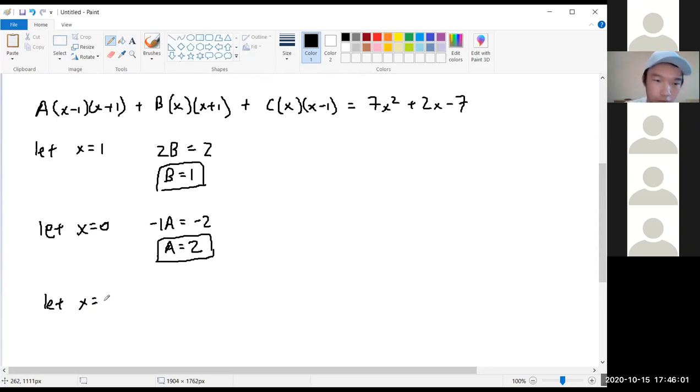Yeah, -1. Because that will cancel out everything except for the last term, right? Because -1 cancels out this factor as well as this factor. So we have c times -1 times -2, so that's +2. So 2c is equal to